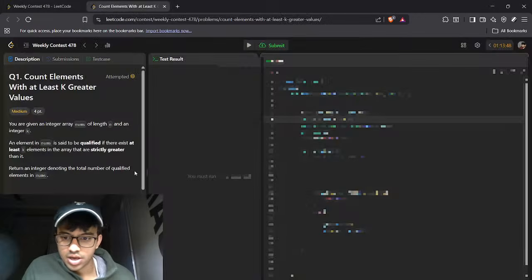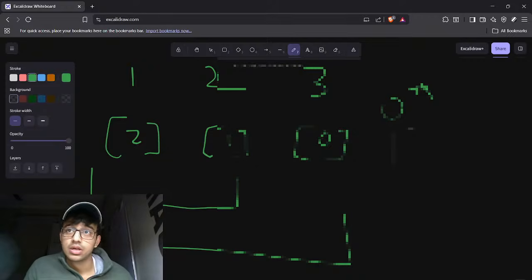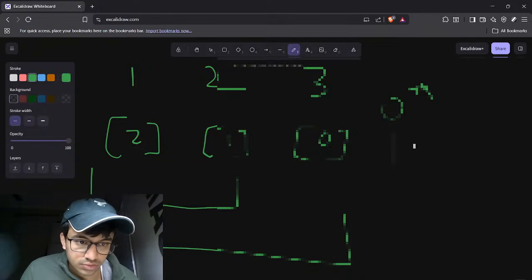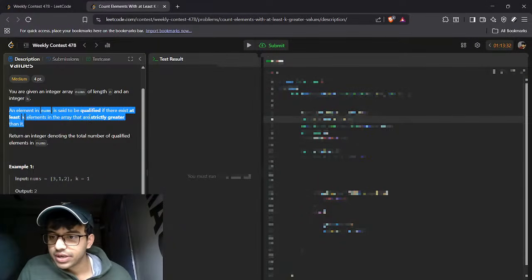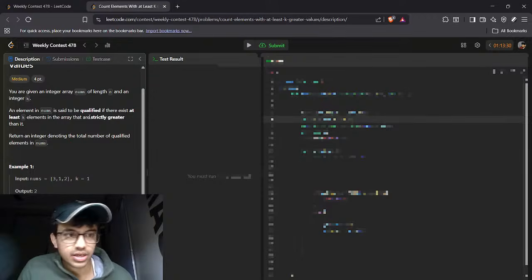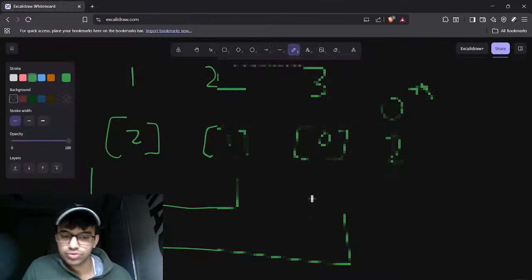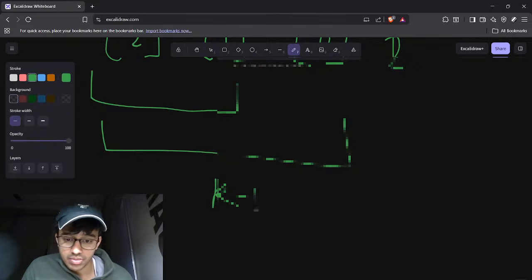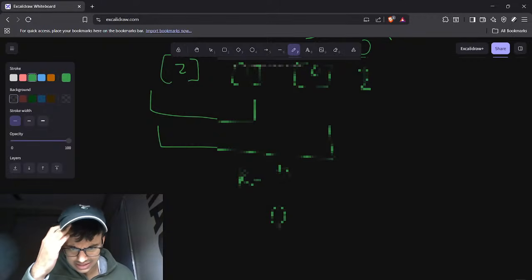So the kth largest, 0th largest, of that is, if there exists at least k elements in the array that are strictly greater than it, we would want to find k minus first largest, right? If it asks me 0th,